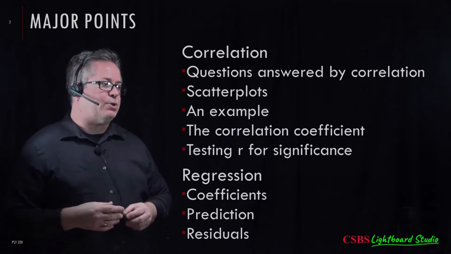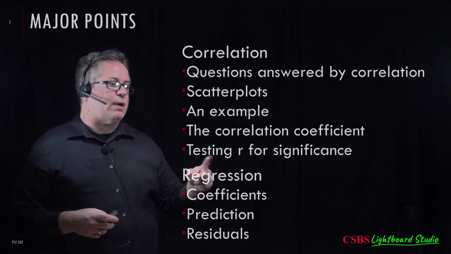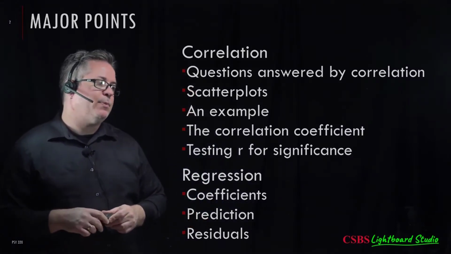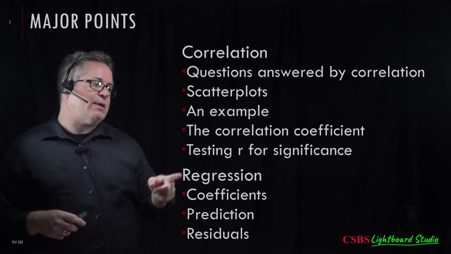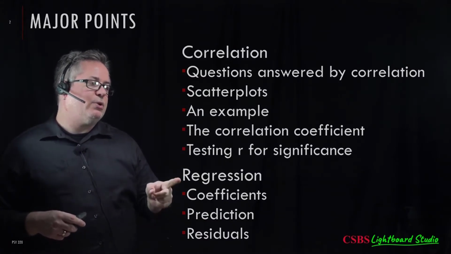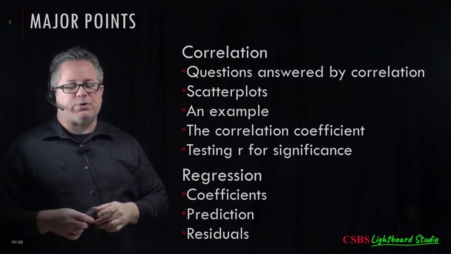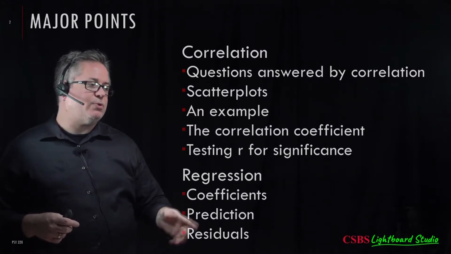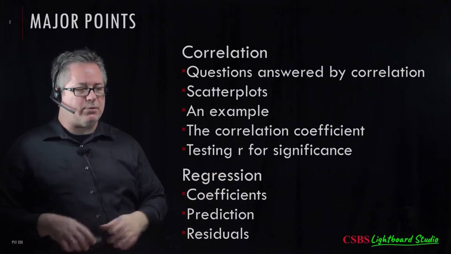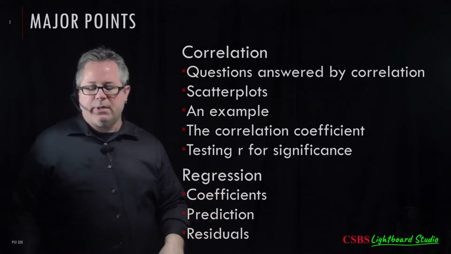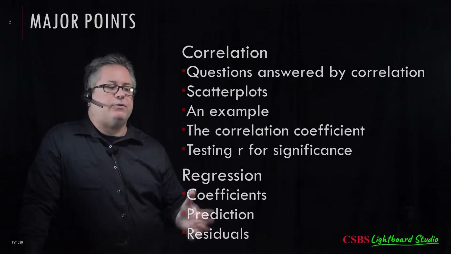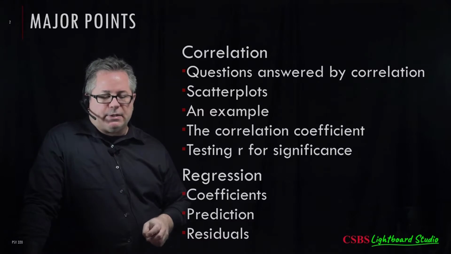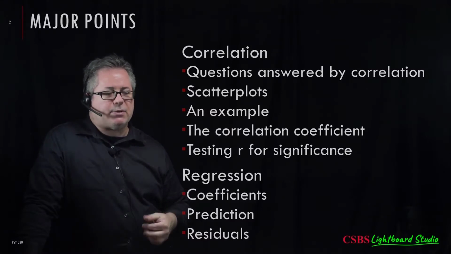We'll talk about the correlation coefficient, and then we'll talk about hypothesis testing with R and how to test for significance. For regression, we're going to take what we know about correlation and turn that into regression coefficients like the slope and intercept, and talk about how we can do predictions and talk about residuals. But I'm not going to go too much into detail about hypothesis testing with regression, mainly because of time, but also because of some of the complexities that come with trying to test the slope and intercept values